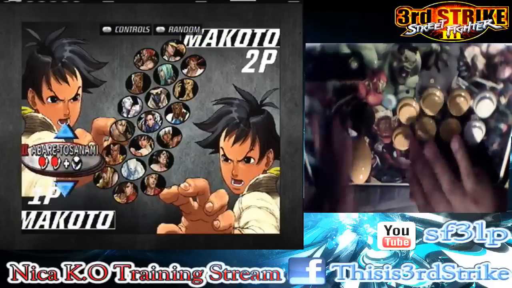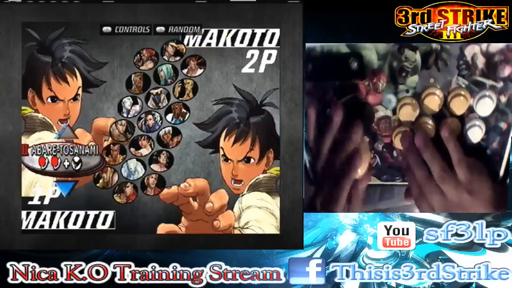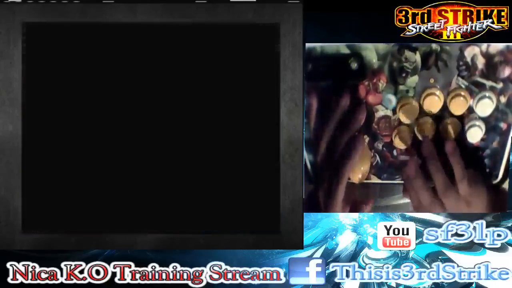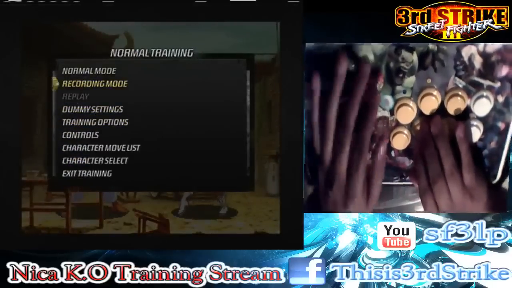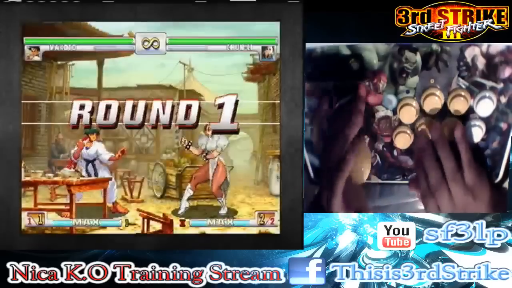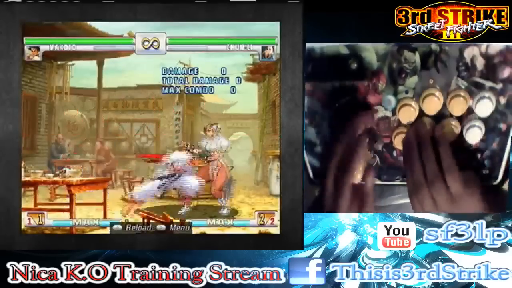It all goes back to the same game plan that Makoto has, and that's to keep her rush down going. So if you can find a way to maximize the way you do it in certain situations, then you can definitely mix up your opponent properly by